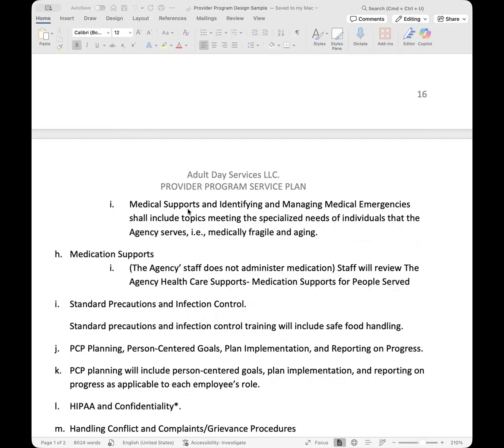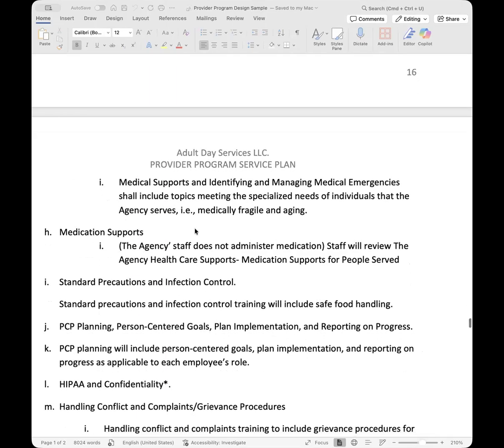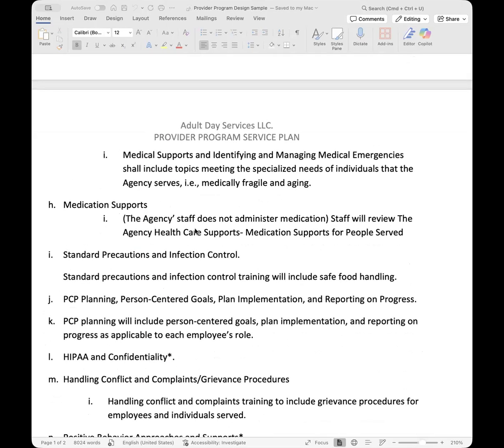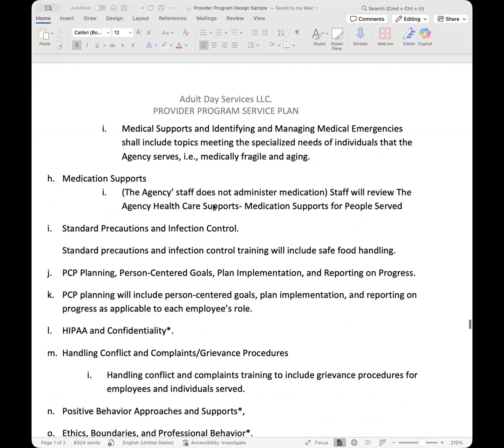Of course, all your staff will be first aid and CPR trained. So within that realm, they're able to manage those type of things. Yeah, so they'll be able to manage those type of things, of course, but anything outside that realm, it will become a liability for your agency.